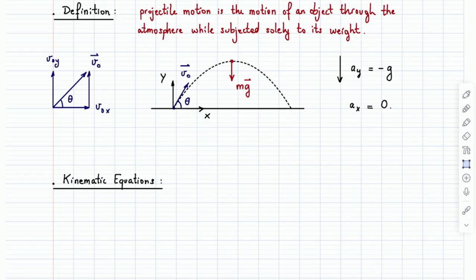And the components are always shorter than your vector, and they're dependent upon this angle here, which most of the time is measured relative to the horizontal, but sometimes we'll give you the angle relative to the vertical. You could do it either way, but it's very common to measure theta from the horizontal.